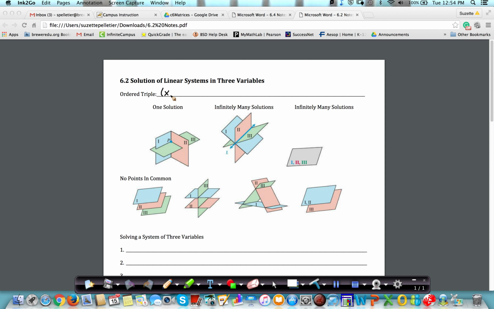So remember, if it's a system of 3 variables, not only do we have an x, y, but we also have a z. So this is the three-dimensional world, which looks like this picture right here. If you imagine this is your z-axis. This is no longer your y-axis. X and y are two-dimensional, remember? So this is our x, and this is our y, laying in the same plane as though we had a